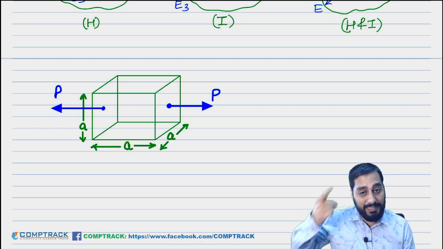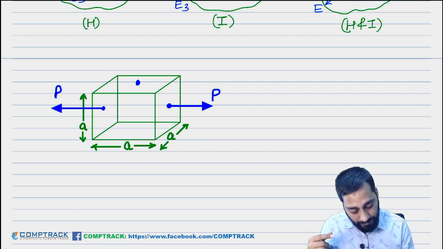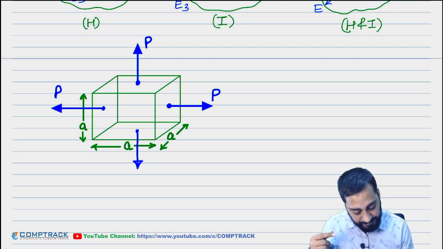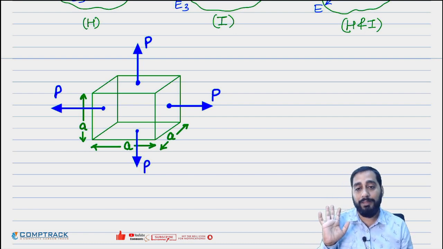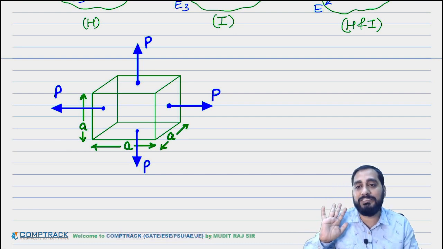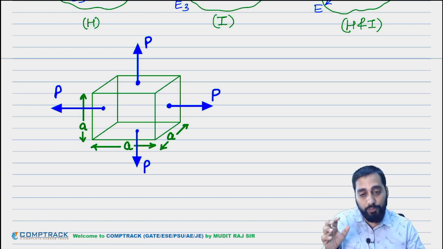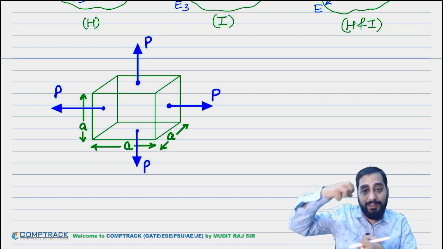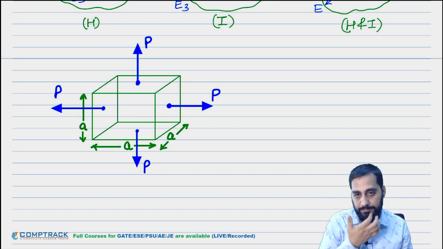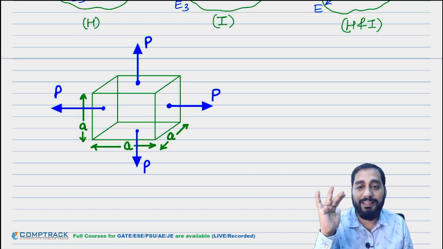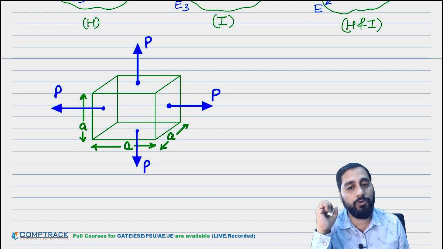The same elongation must be there if you apply the same force in the y direction. But practically it is not happening. Practically, materials are not homogeneous and isotropic. When you pull it in the x direction and the y direction with the same load and the same initial dimension, the deformation will be different. Real materials are not homogeneous and isotropic.